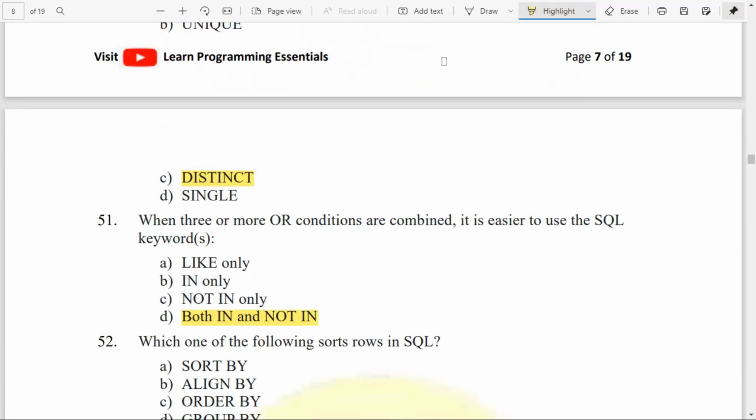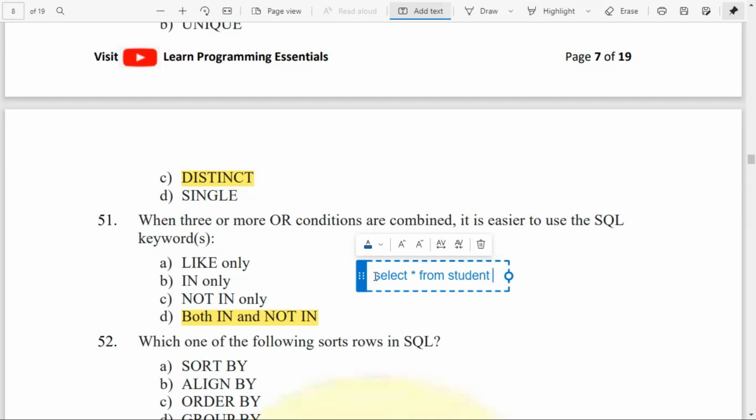We will write: select star from student where mark equal to 90, or mark equal to 85, or mark equal to 67. We will write it this way.